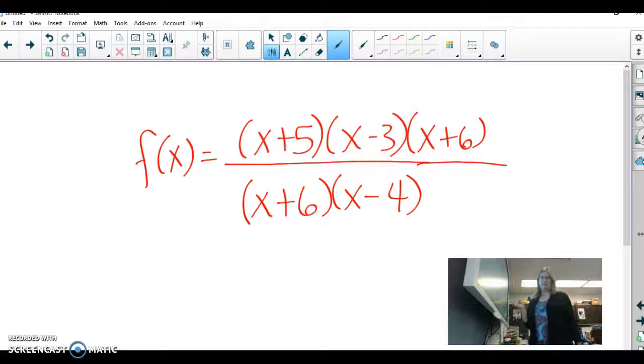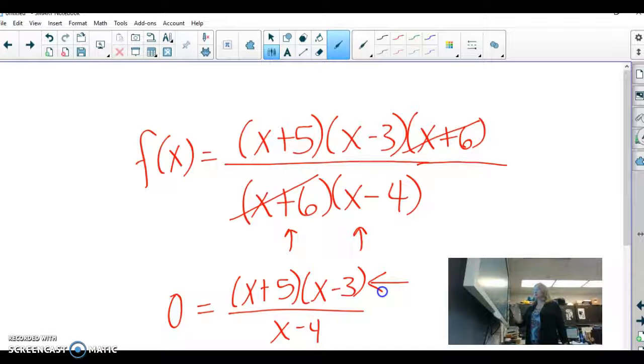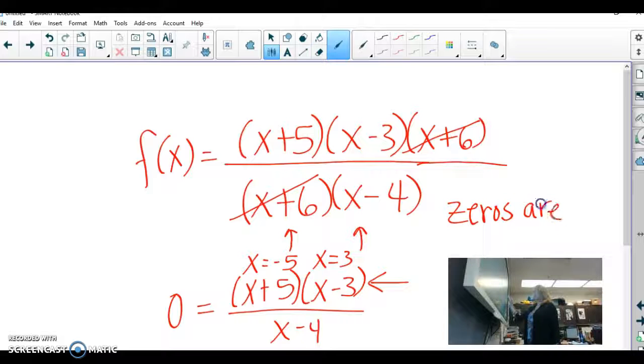Okay, this function is undefined at x equals negative 6 and at x equals 4, because that will make the denominator equal 0. So we can't have a zero of negative 6. So let's simplify this first. We end up with f of x equals x plus 5 times x minus 3, and we have x minus 4 in the denominator. We're going to figure out where this equals 0 by looking at where the top would equal 0, and the top would equal 0 when x equals negative 5 and when x equals 3. So my zeros of my function are x equals negative 5 and x equals